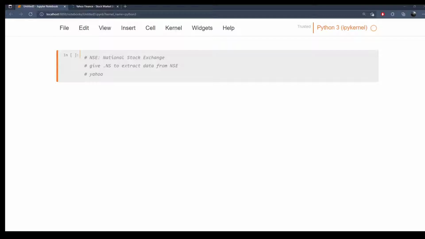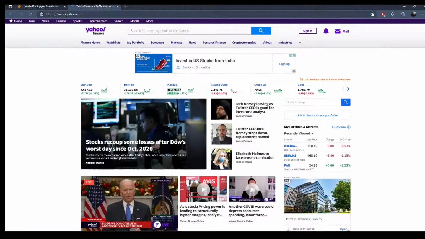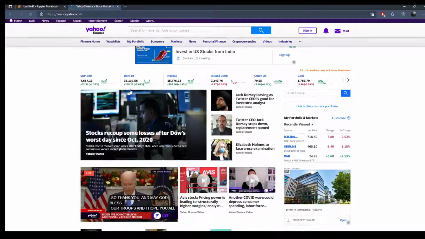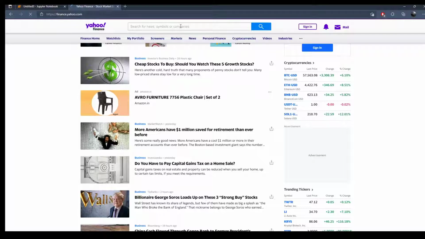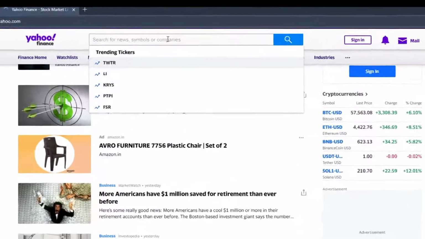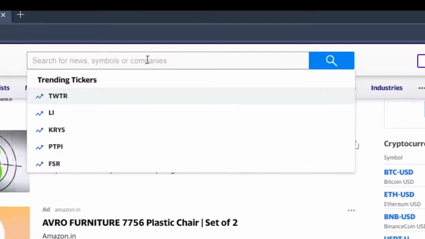Okay, now let's look at the implementation part. We'll see how easy it is to get data using Pandas data reader. Our main website from where we'll be scraping data is Yahoo Finance. Let's first take a look over there. So we'll be downloading data from here. Pandas data reader is configured in such a way that the data will be downloaded from Yahoo Finance. Now for example, if I want to scrape data for SBI, that is State Bank of India, I'll just type SBI.